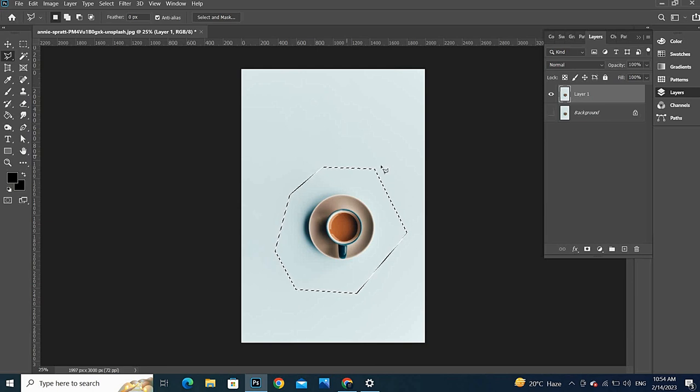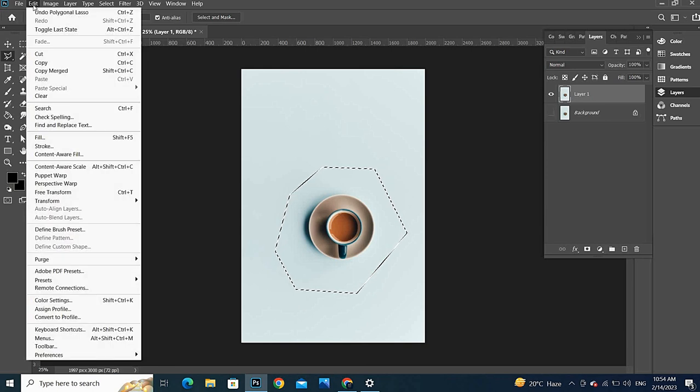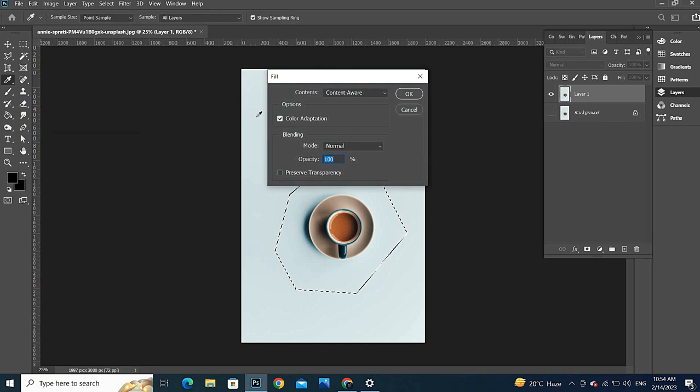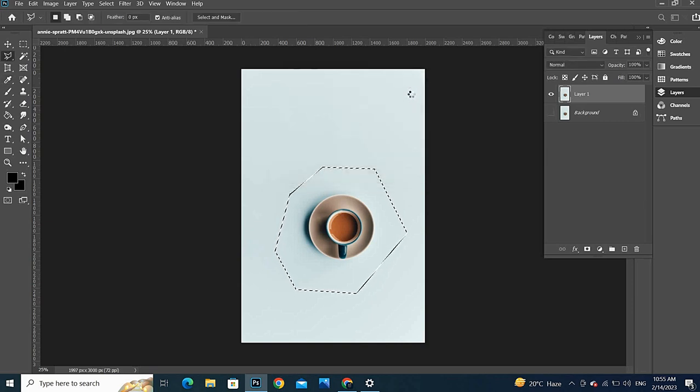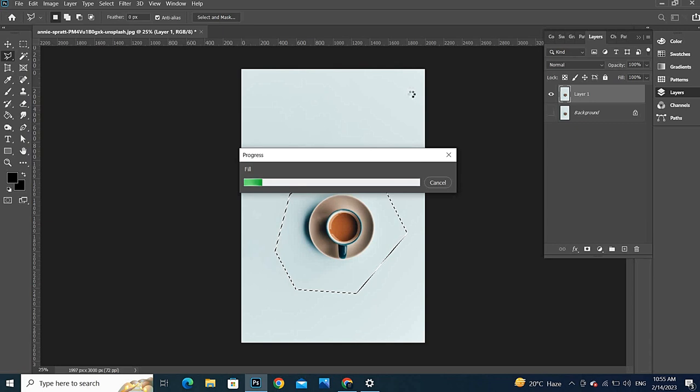So guys, once you're done with your selection, now you have to go to your edit option, and here you will see fill. You have to click on fill, and as you can see, here are some options, and you don't need to choose any of them. Just make sure your option is set on content aware. And now you have to press OK, and in just a few seconds you will see your object will be completely